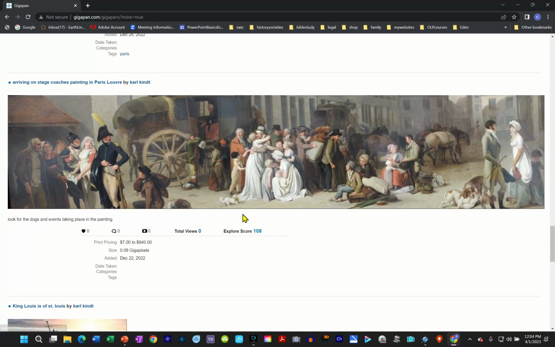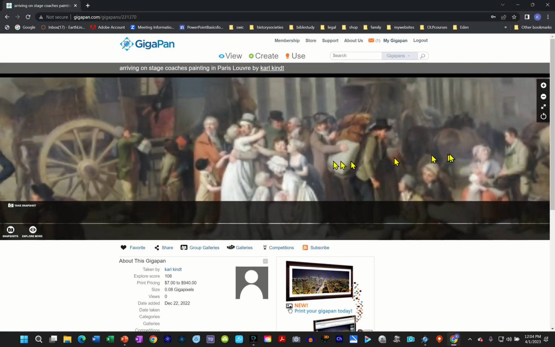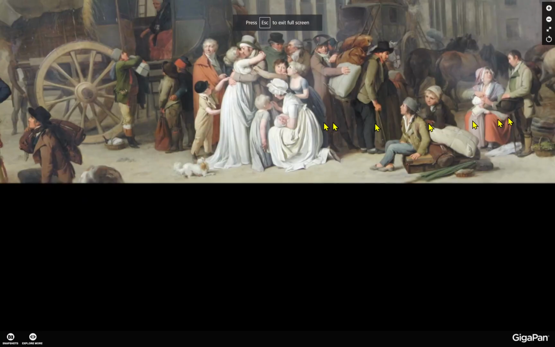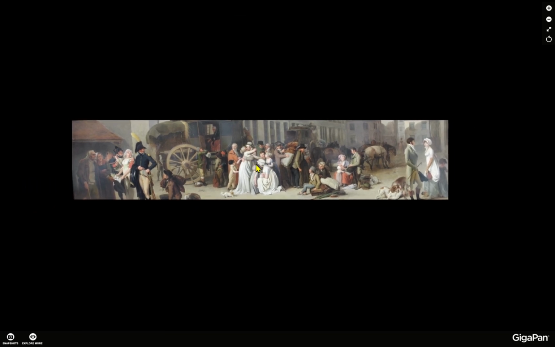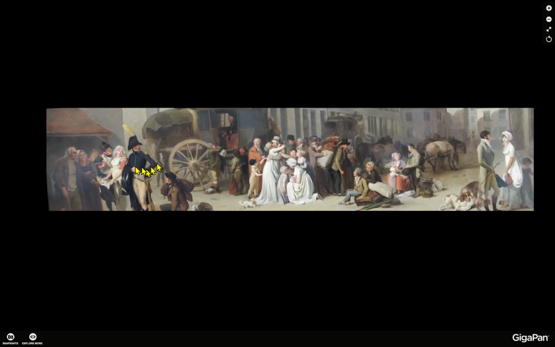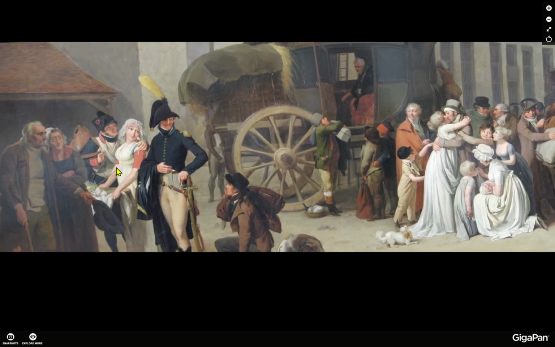Here's an interesting use of gigapanography: a painting that I saw in the Louvre. I'm going to click on it and we'll zoom in on this. I'll go full screen. So what I did was back up from the painting, used my zoom lens, angled it to the left, and then took pictures overlapping each one of them, but I was in very, very close to the painting. So now, instead of just looking at the painting this way, I can zoom in on quite a bit of detail